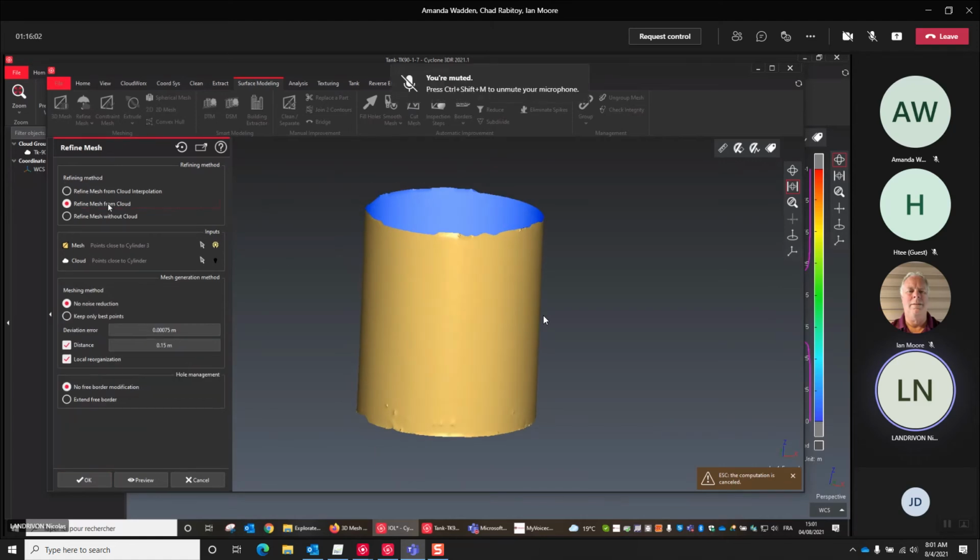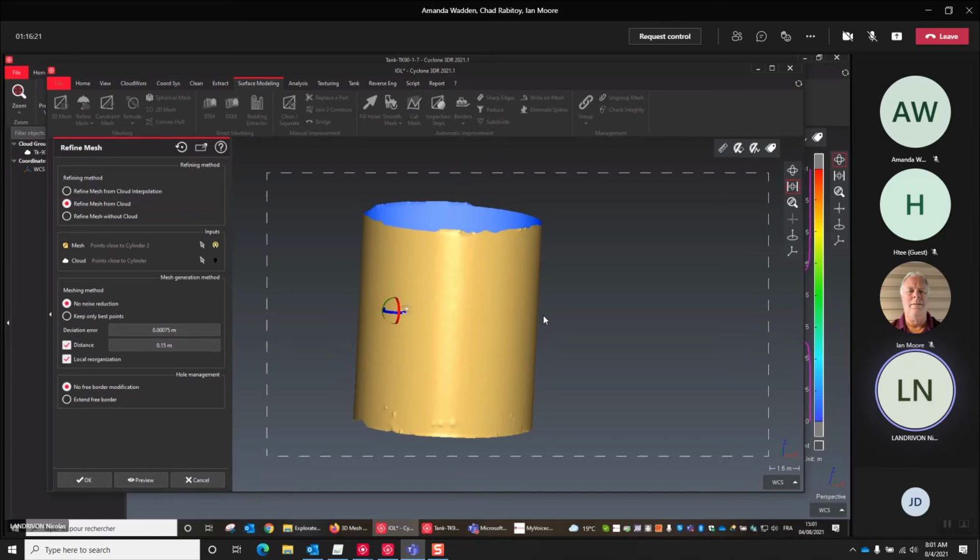And refine mesh from cloud, you can keep only the best points. You can increase the level of details and possibly the noise. So no noise reduction. You pick up the points and you use them to refine the mesh. So the two methods are completely different, in fact.